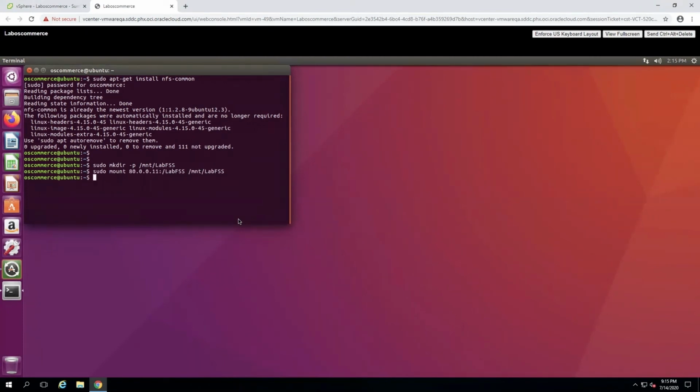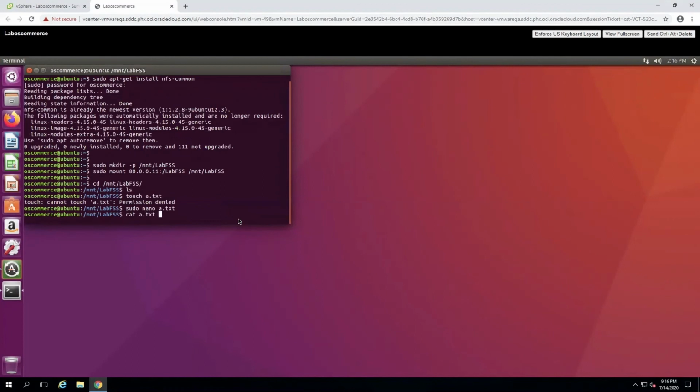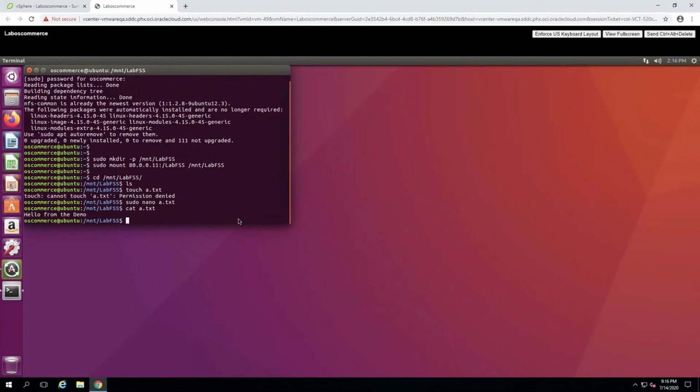We have successfully mounted the FSS. Navigate to the FSS. And here we'll touch a file called a.txt. We'll say hello from the demo. Okay, so file system is now mounted onto our virtual machine within the VMware environment.